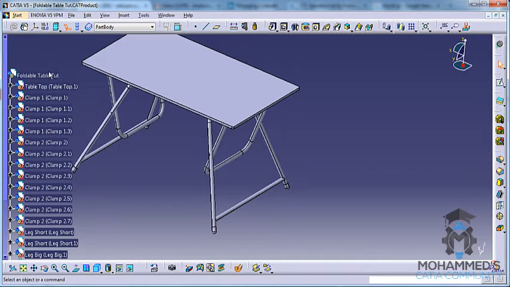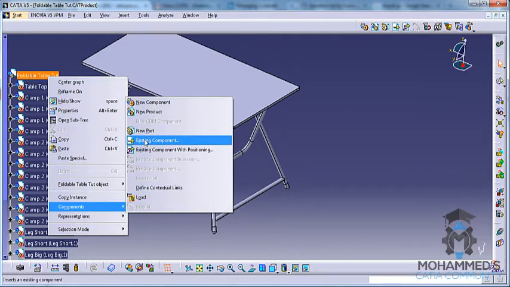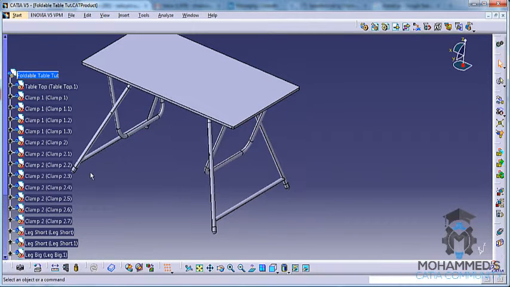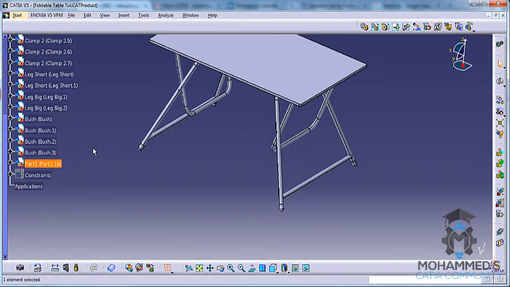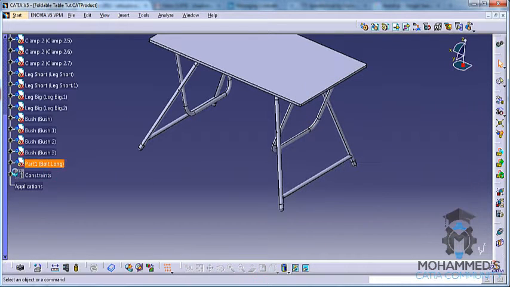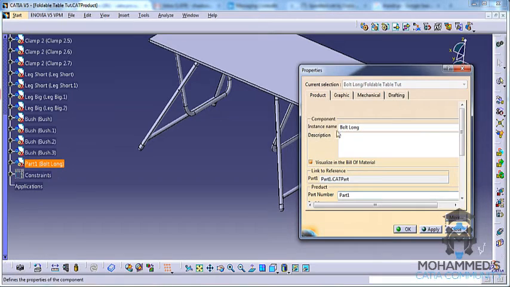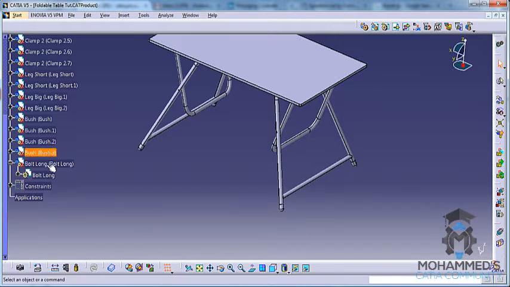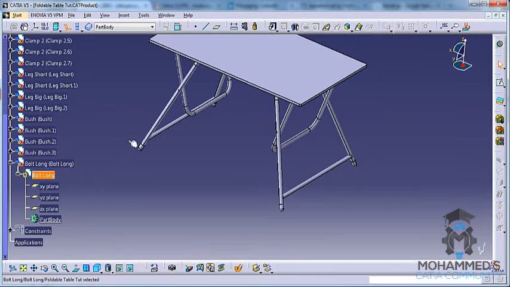So to do that, as I've explained you before, double click on the product and right click components, new part, click on no, and alt enter is the shortcut for properties, and put bolt long. Click on OK. Copy the same thing and paste it on the part number as well. That would be good. Now double click on that bolt long,